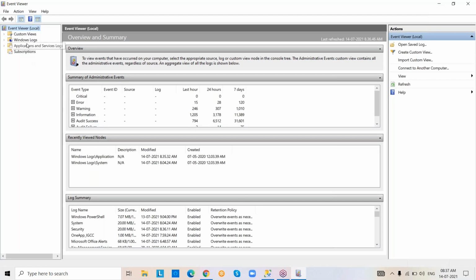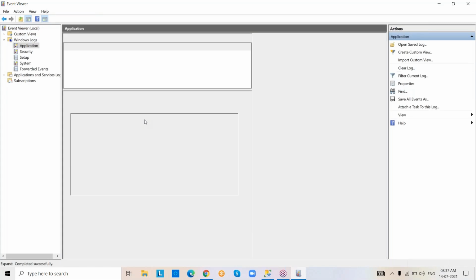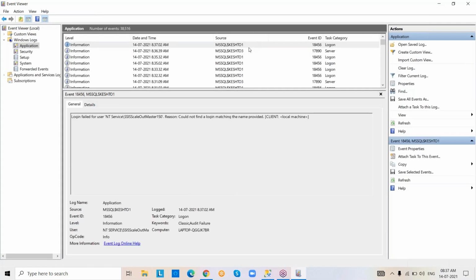Go to Windows Logs here, open Application logs. Along with SQL Server, you can see some other software related logs also. Suppose here the source is my server. What is the issue? Clearly it is showing everything. Please check it.